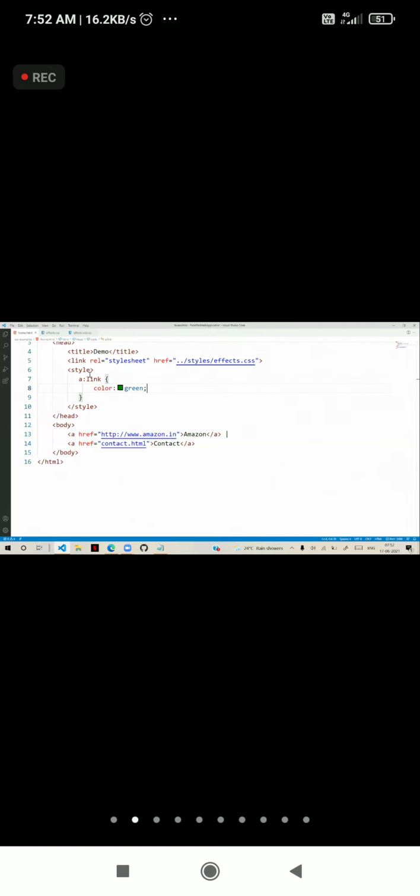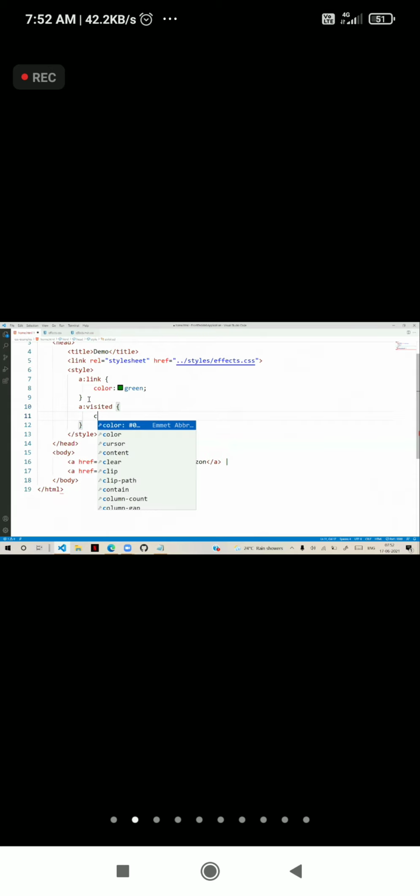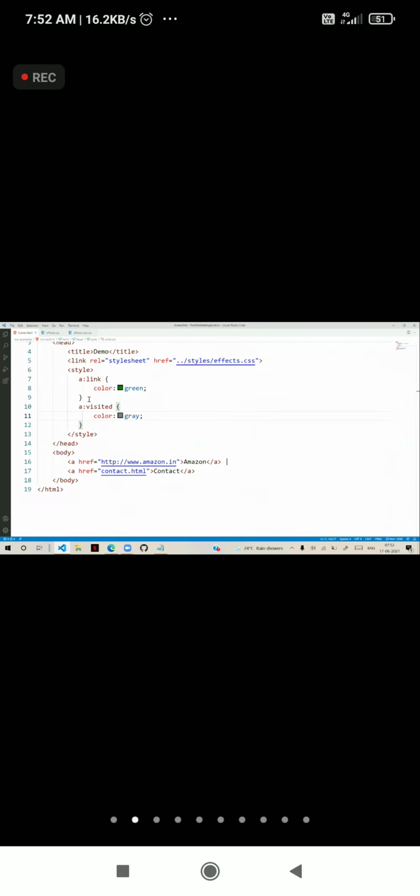If I want to change the visited link color, then a:visited. The visited link color I can give as some gray. So the visited link color will be gray. And I want to change the active link color. Active means we have to write active. So the active link color I will keep as red.